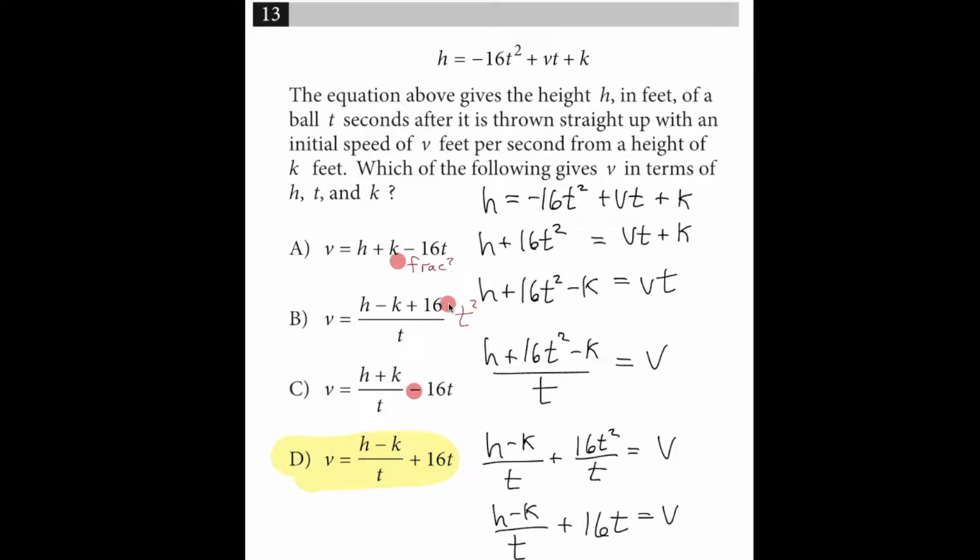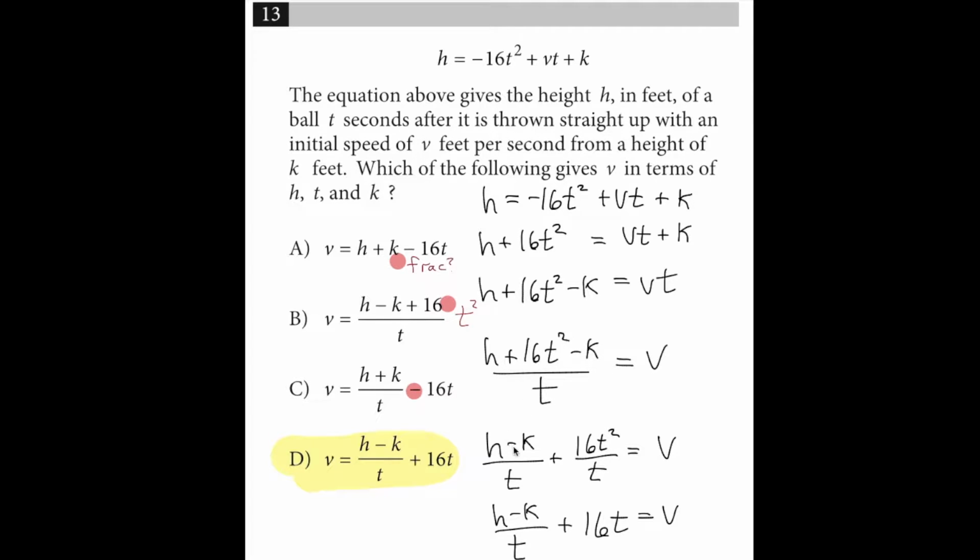Where was the t squared? I couldn't find it. There should be a t squared if you want to choose B here, but there's not. C says this is minus 16t, and no, we would need a plus 16t. But D actually is correct, because if you continue